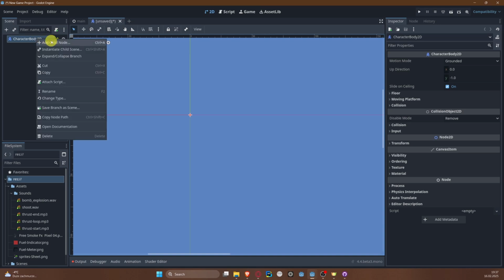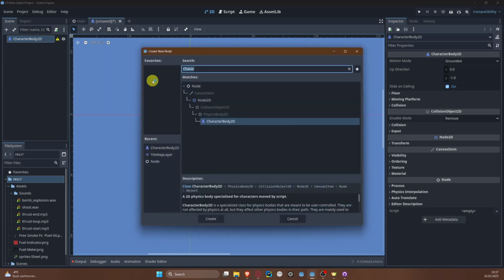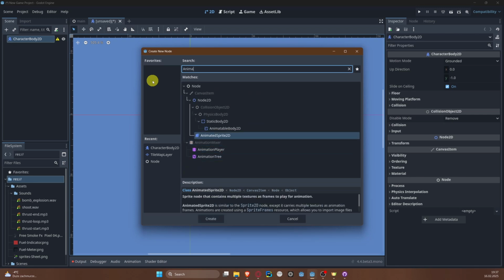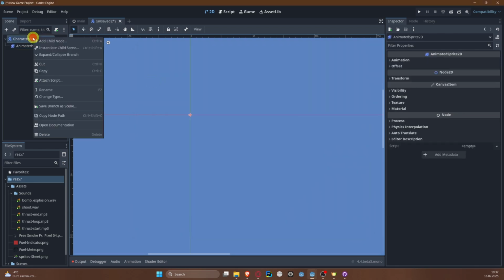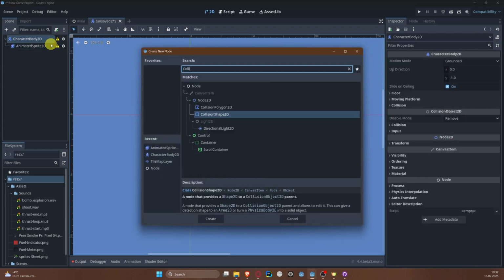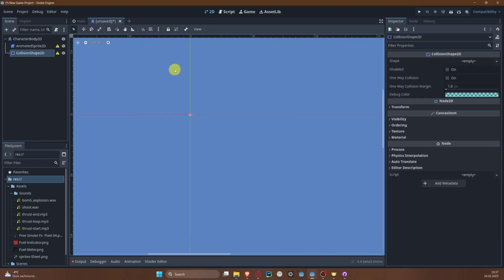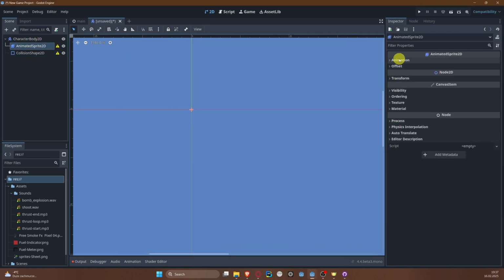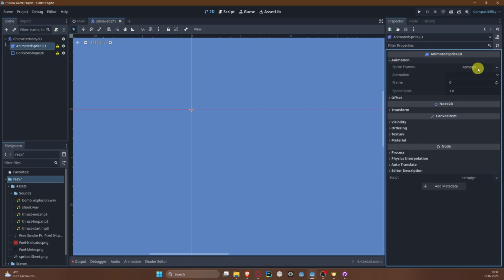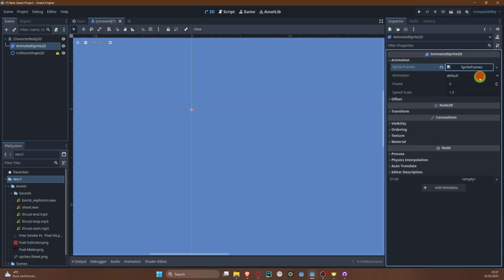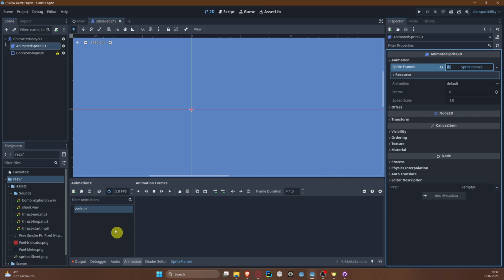So let's click and add child node. Let's search for animated sprite 2D. And naturally, we will need a collision shape. Let's start by bringing the animated sprite to the here, and let's go to animation section and let's create new sprite frames. Clicking on that, it's gonna open sprite frames at the bottom here,